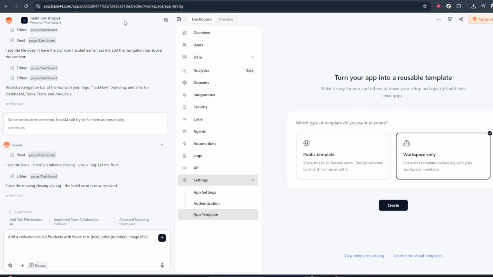This final action tells Base44 to capture the current state of your app and register it as a reusable template. Once it's created, you'll be able to start new apps from this template instead of building everything from the ground up. And that's it. You've successfully turned your app into a template in Base44, making it easier to standardize, reuse,